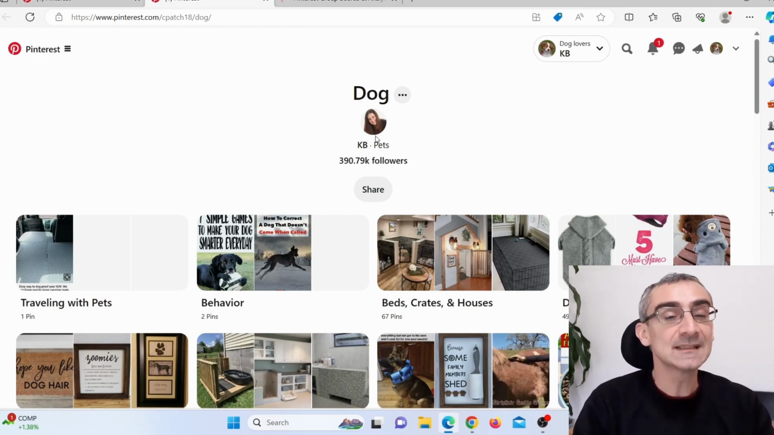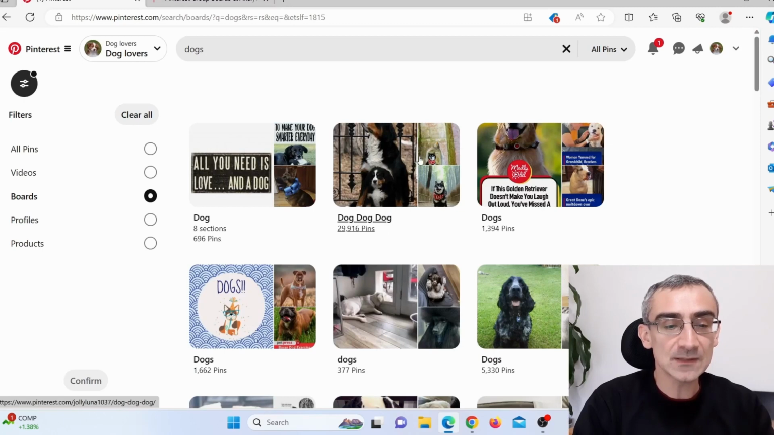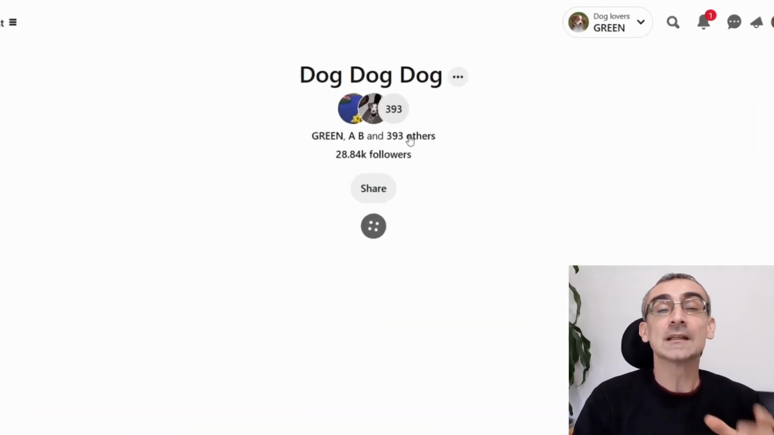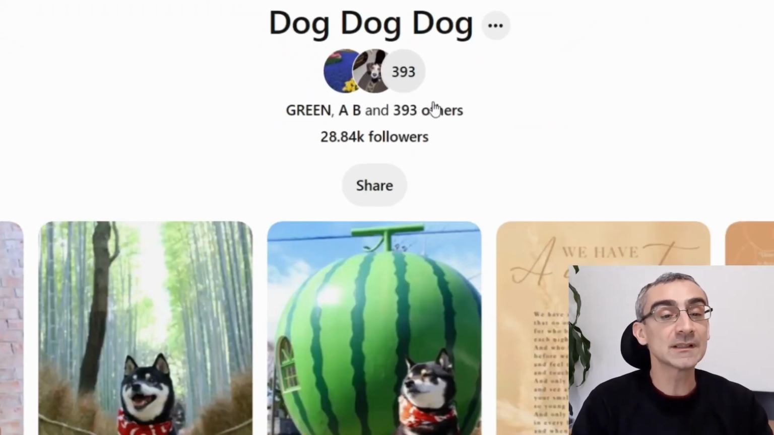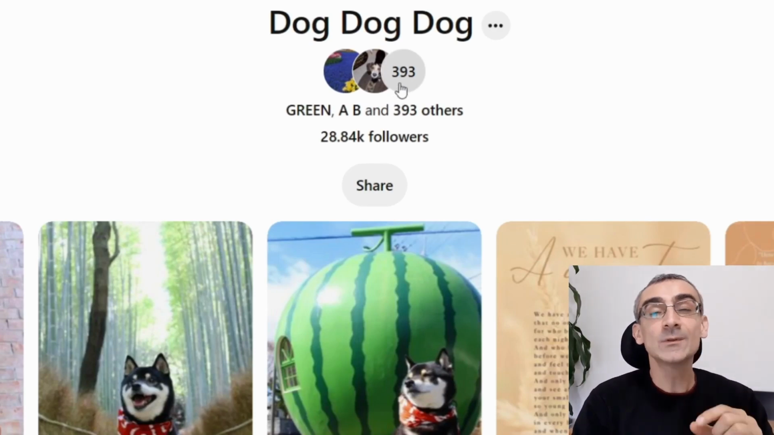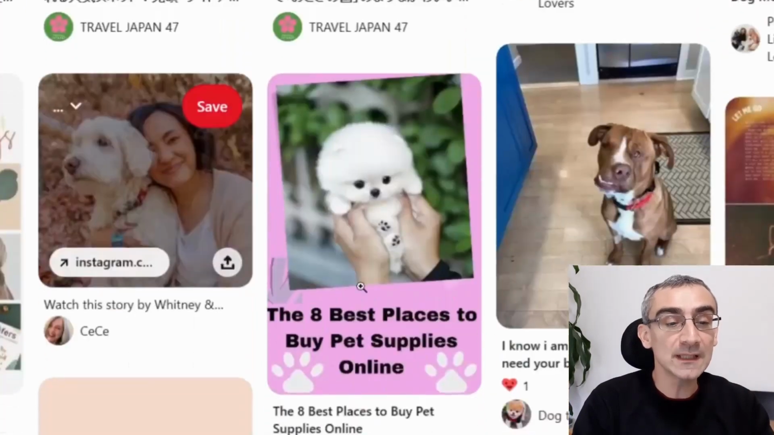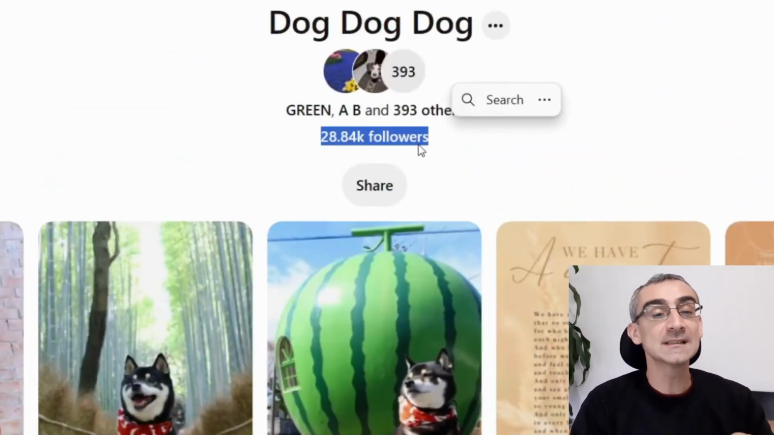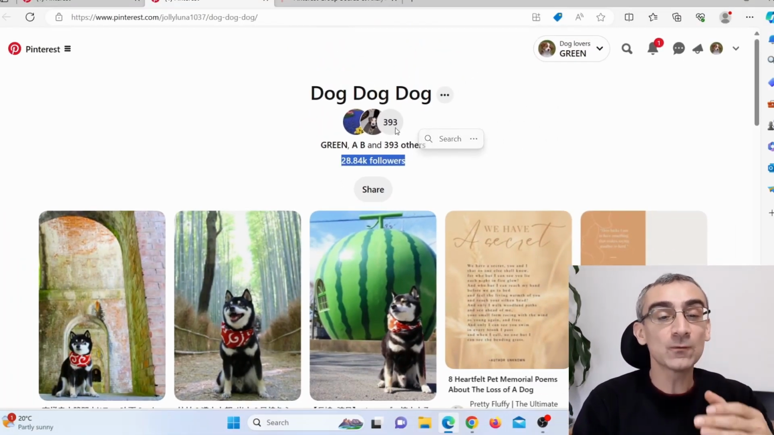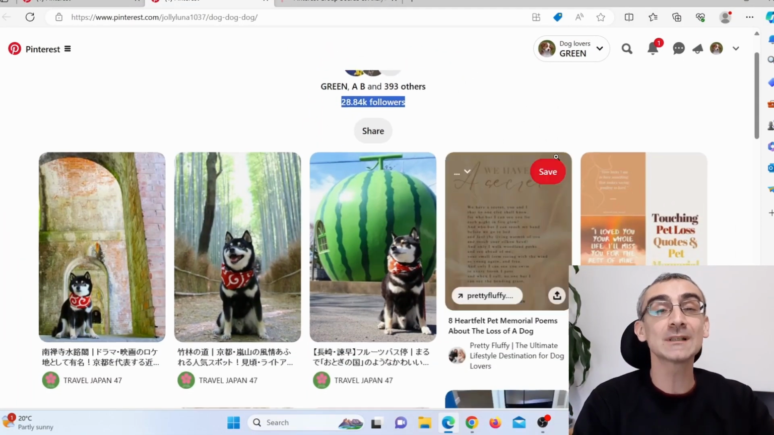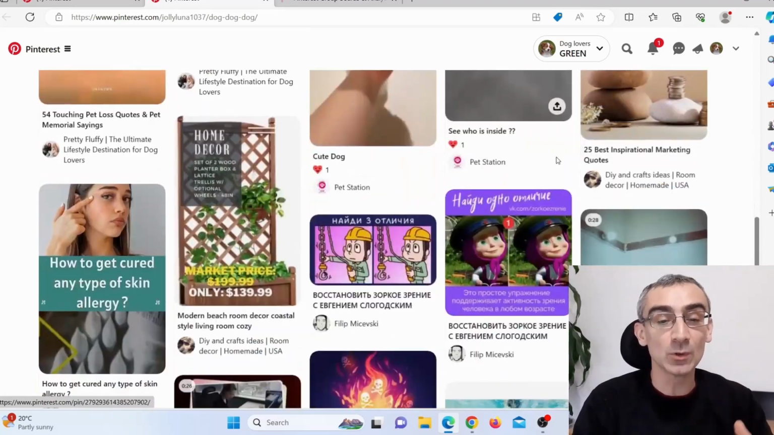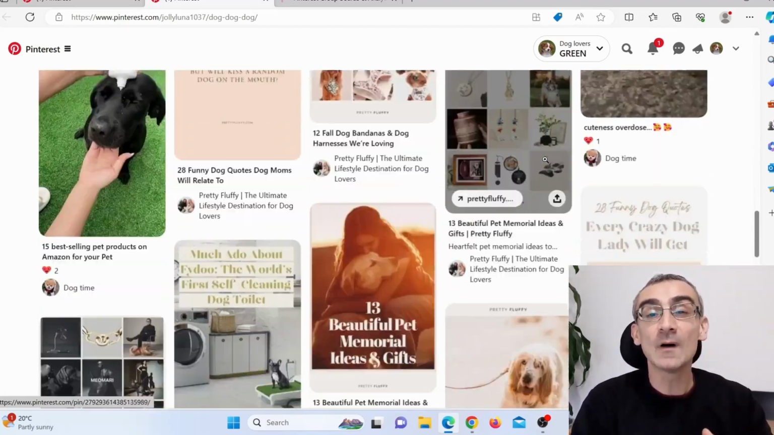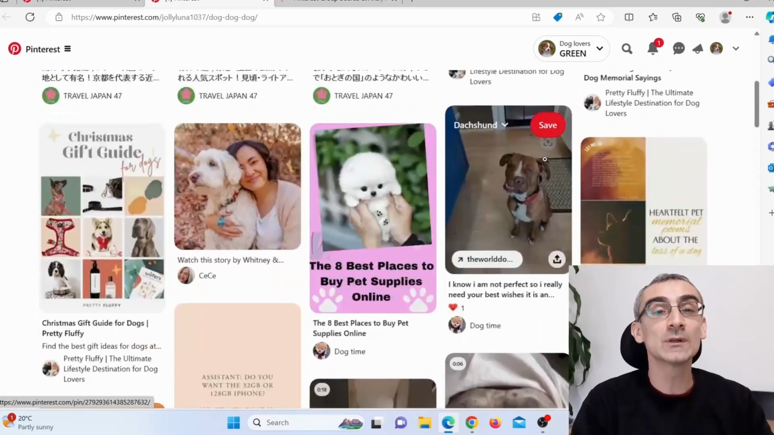Now here you can see this is not a collaborative board, so I don't need this board. And I will open this one here to see. Now here you can see this is a collaborative board. Here you can see there are currently 393 people collaborating on this board. But here you can see this board has almost 29,000 followers, because all of these 400 people are contributing to this board. They are all creating content for this board, and some of these pins are going viral, and that is why this board is getting